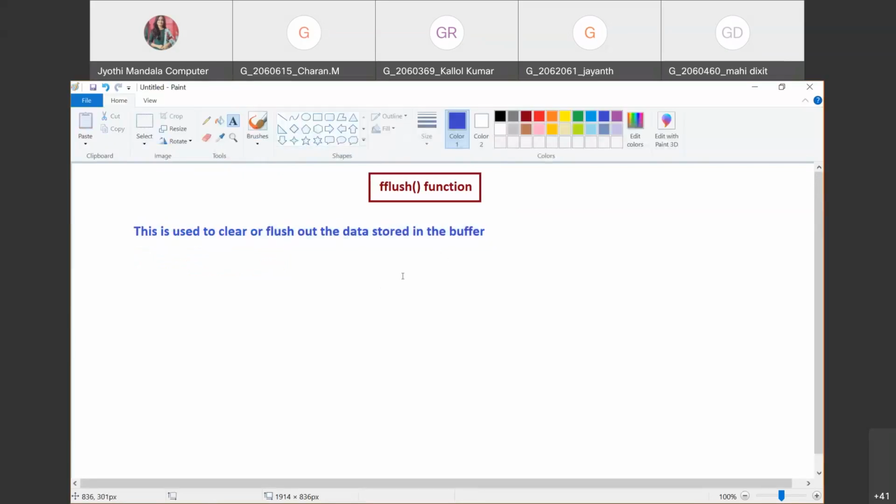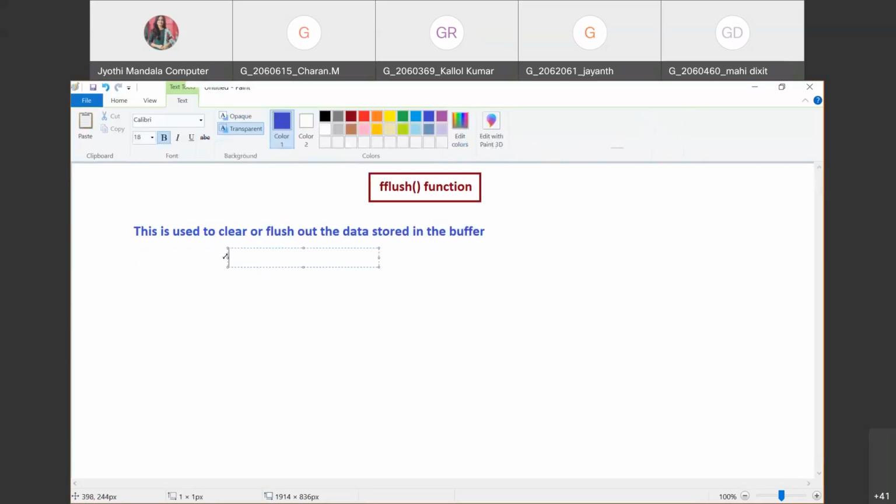Now to do this, what syntax can we use? We can use the function called fflush.